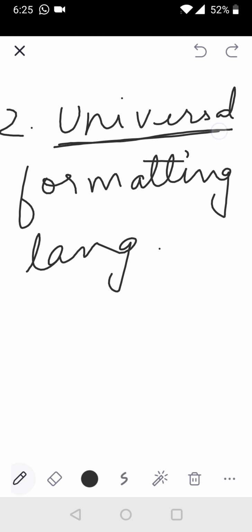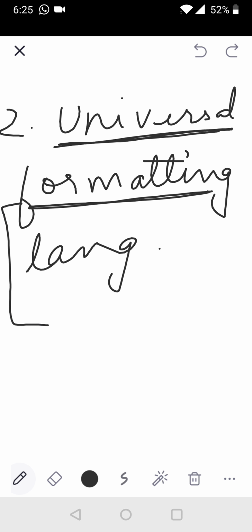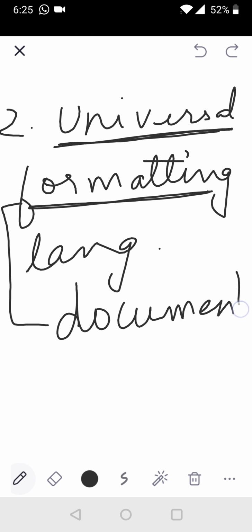Universal means any. Anywhere we can use this HTML. And formatting means, if you remember in the last lecture I told you that HTML is usually used for documents. It is used only in document formatting.